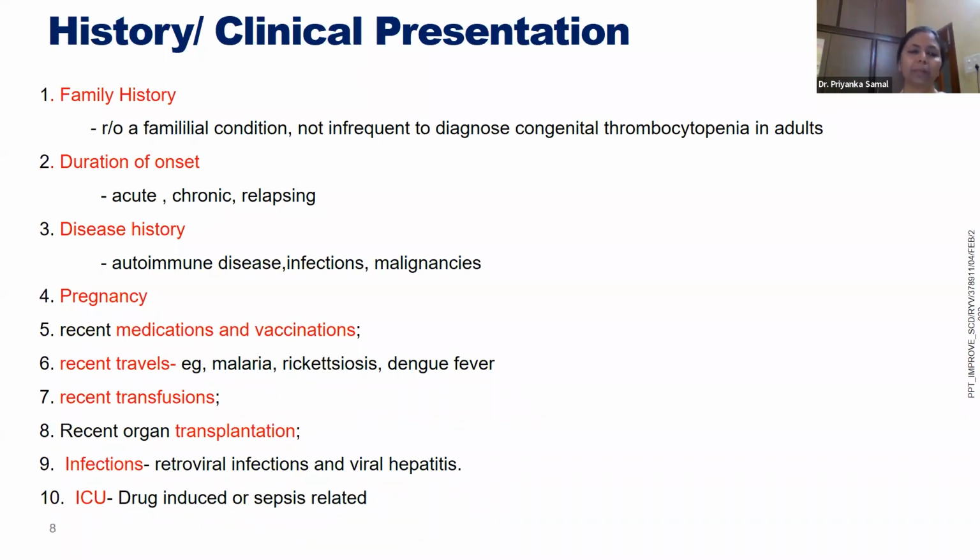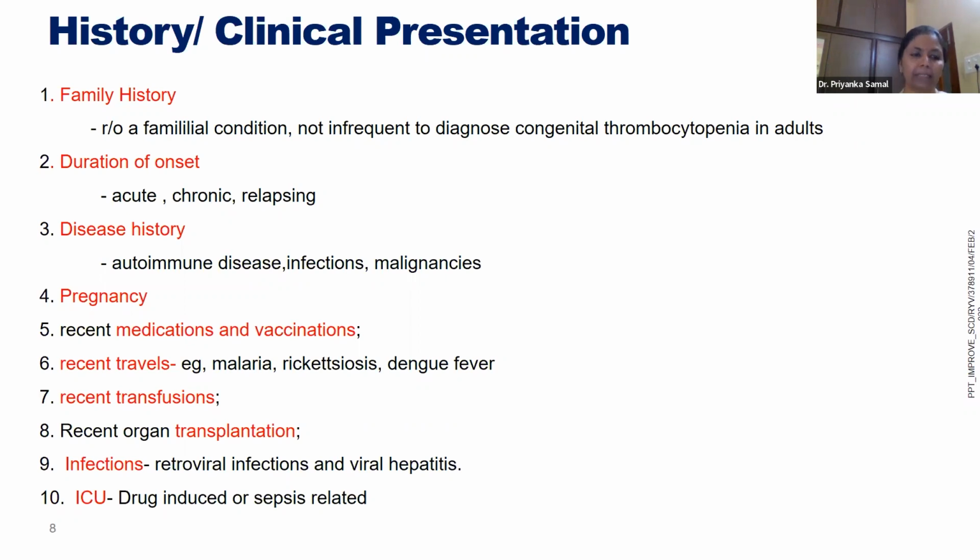Immune thrombocytopenia may have an acute presentation. They may be chronic. Some ITPs relapse very frequently, whereas others just spontaneously go into remission. Disease history: immune thrombocytopenia secondary to other autoimmune disorders, viral infections like hepatitis C, and malignancies, wherever there is marrow infiltration. These are some of the underlying diseases which may reflect a low platelet count in the